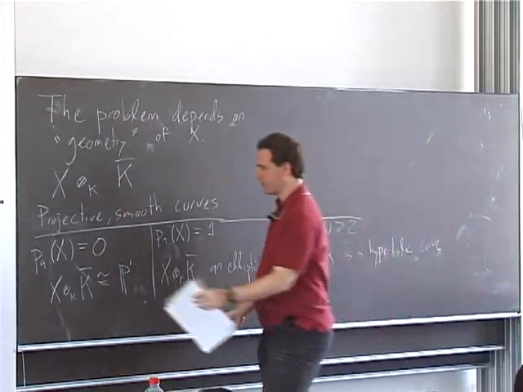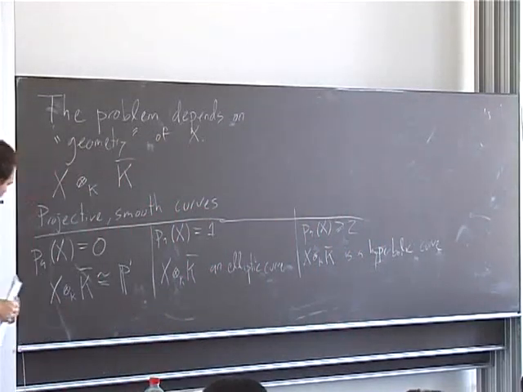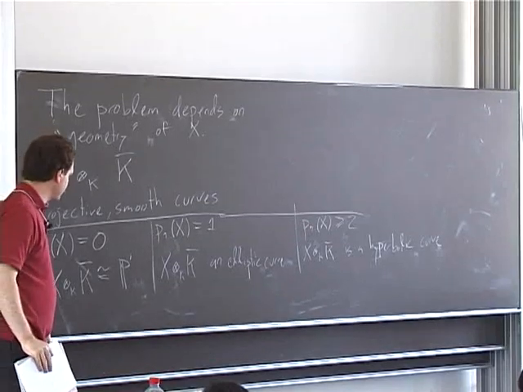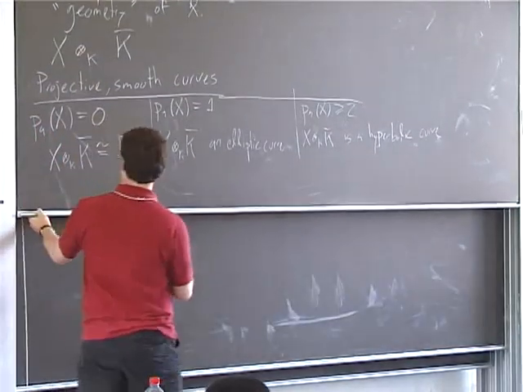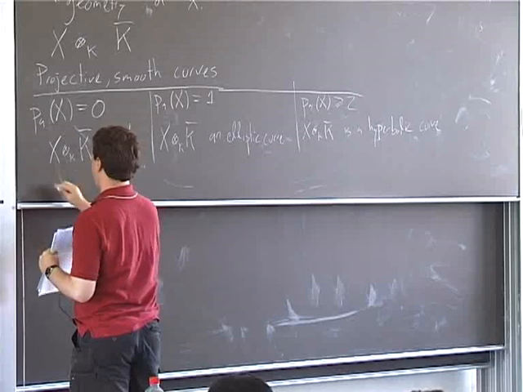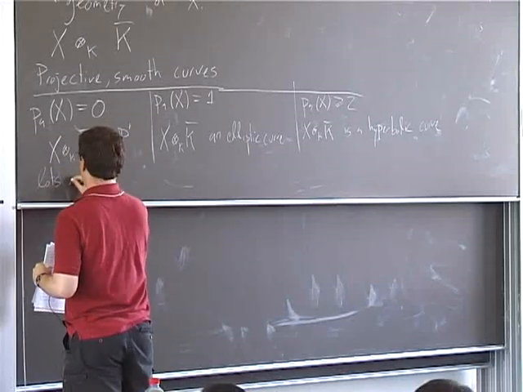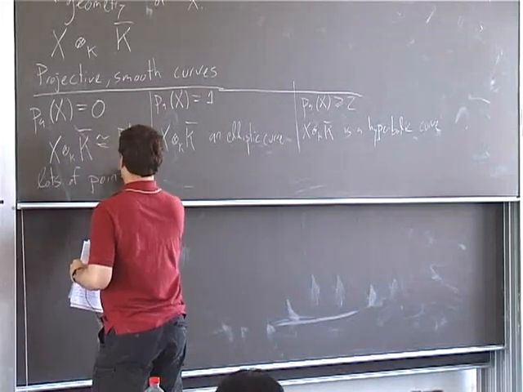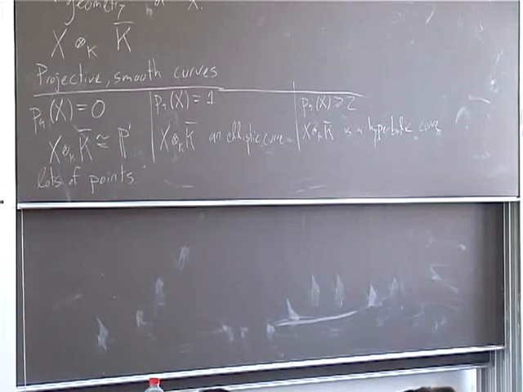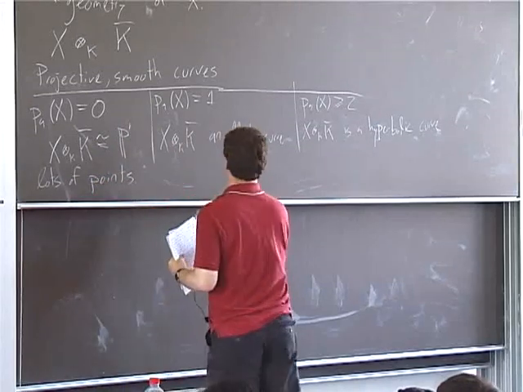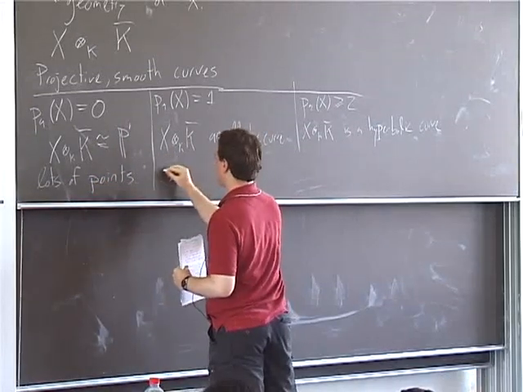So in this case, you would expect to see lots of points. So maybe not over k, but over a finite extension of k, you'll have a dense set of points. And that's not even capturing the whole nature of how many points you have. There are lots of points. If you look at the asymptotics of the number of points as the height goes to infinity, then this is